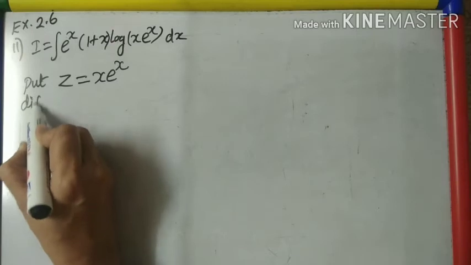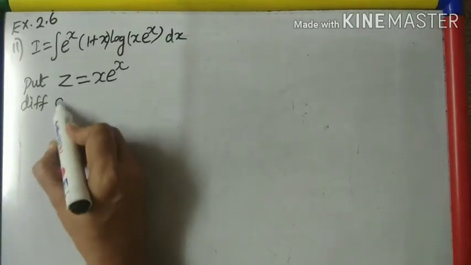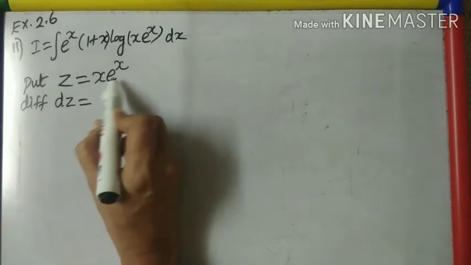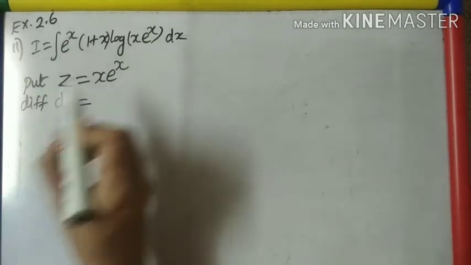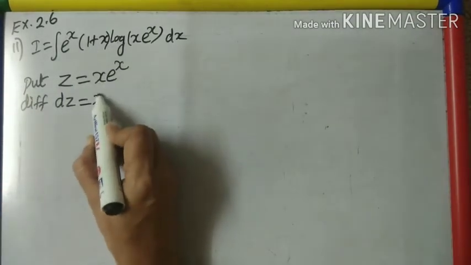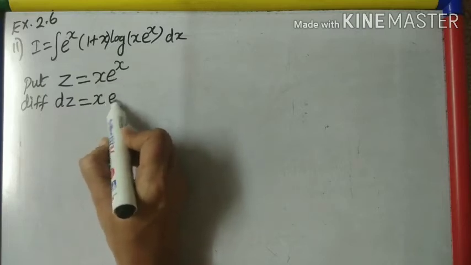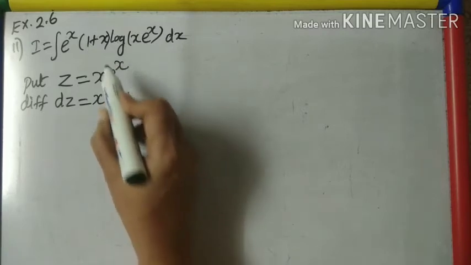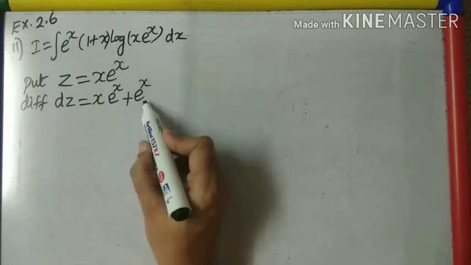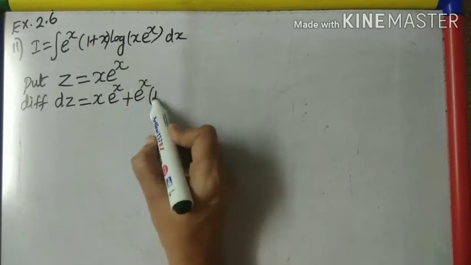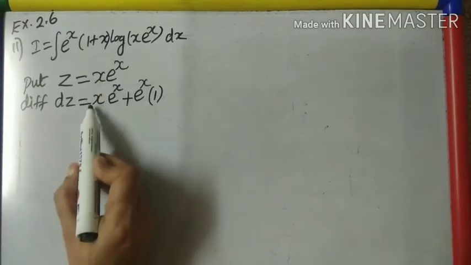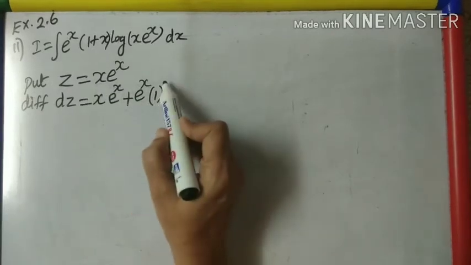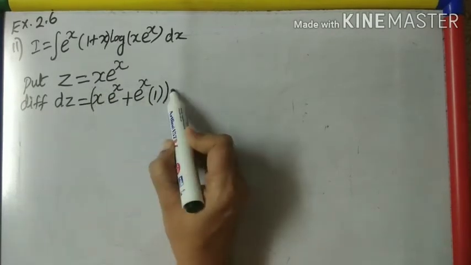Whenever we substitute, we must differentiate. So, z will become dz. Here there are two terms. Remember how we do the product of two terms? I am differentiating and it is a product. Keep the first term, that is x, differentiate the second term. So, keep x, e power x will become e power x, plus keep the second term, that is e power x, then differentiate the first term, x will become 1. Keep x, differentiate e power x, plus keep e power x, differentiate x. The whole thing into dx will come.